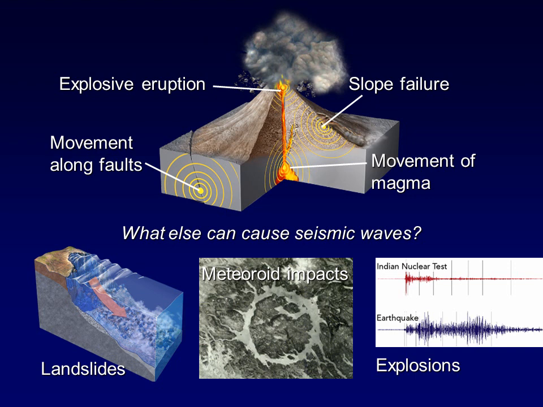So these two seismic readings here are showing us nuclear tests that create distinct pulse-like seismic signals. The red line on the top is showing the Indian nuclear test. So you get a big initial pulse and then a few small pulses after, sort of petering out. Whereas with the earthquake, you start out small, you get larger, it fluctuates a bit, and then dies off. So they have a very different seismic signature, but this is a good way